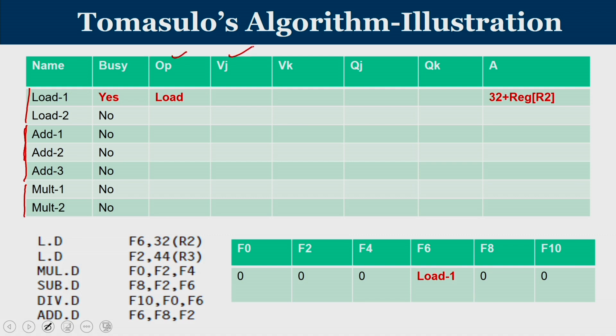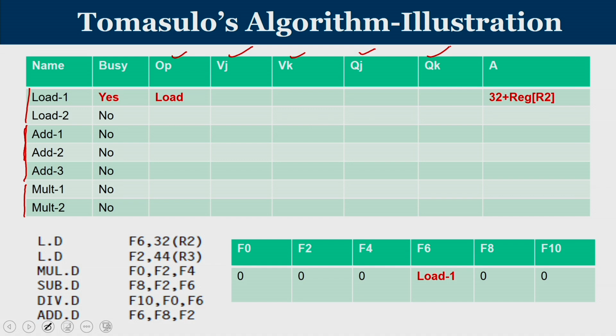We have seen that in the reservation station associated with them, we have an operand field, a Vj, Vk field. If the value is there in Vj and Vk, that means they are the real operands. If Qj and Qk values have been filled, then they are the functional units which will produce the result, and A will hold the address.